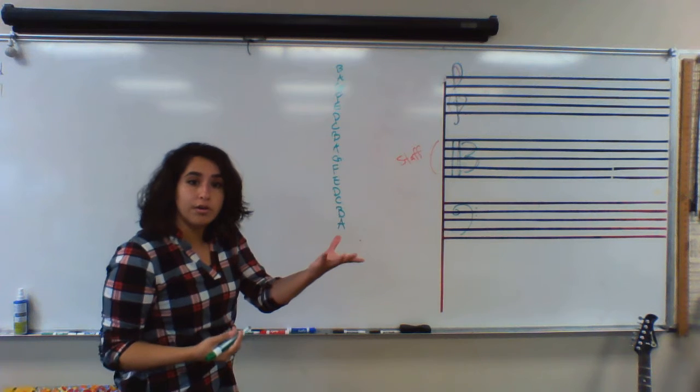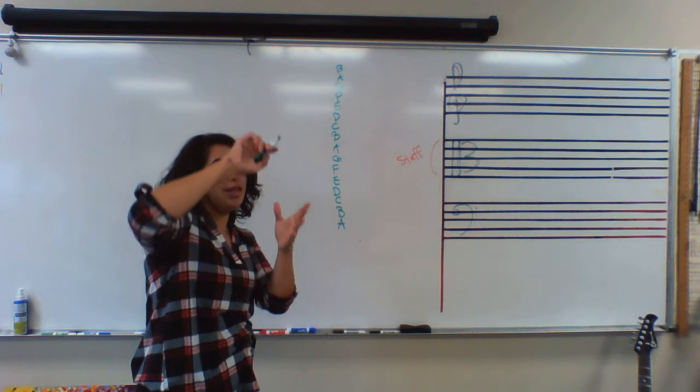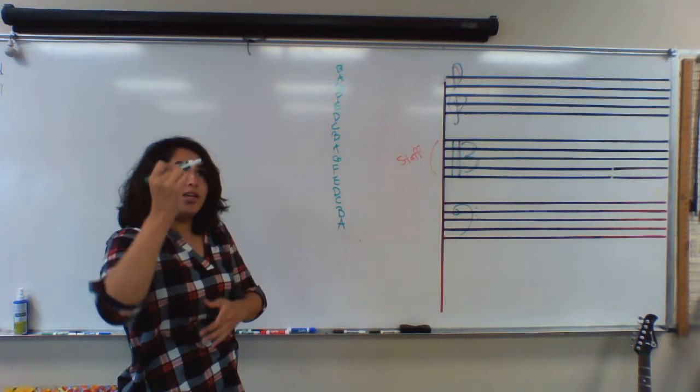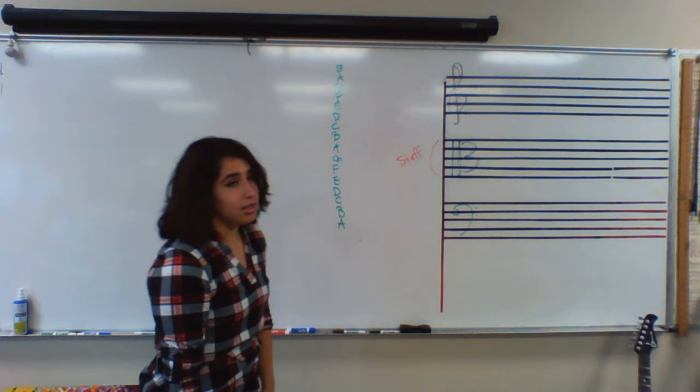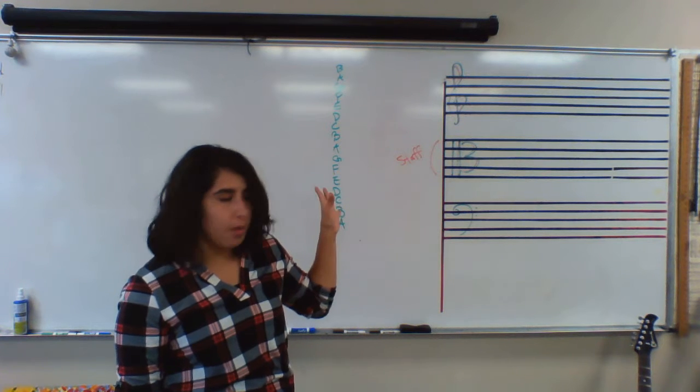Now, if you're going in order of the alphabet, the notes get higher. A, B, C, D, E, F, G, A, B, C, D, E, F, G, and going back down, G, F, E, D, C, B, A, G, F, E, D, and so on and so forth. So we got the letters. Now let's